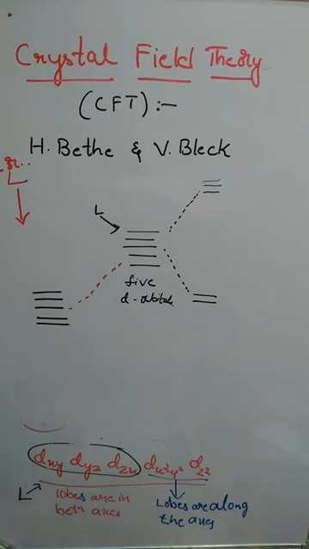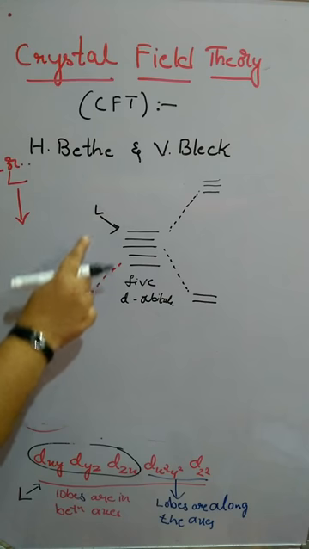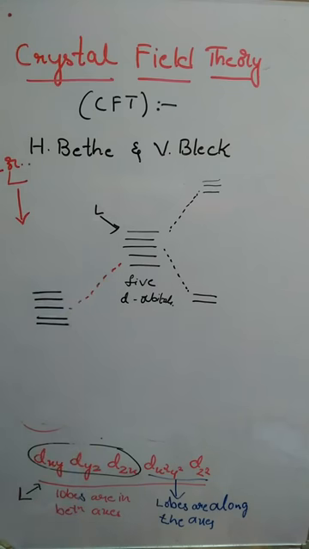So we can say it is the splitting of 5 degenerate orbitals of a metal ion into 2 sets of orbitals having different energy in the presence of an electric field of the ligand. Electric field, in the sense that the orbitals will have electrons, so the electrons will show repulsion. That's why it is mentioned as the electric field of a ligand. So we shall write that statement.